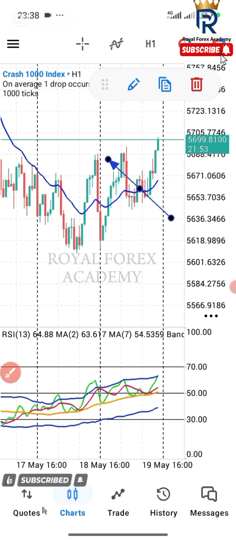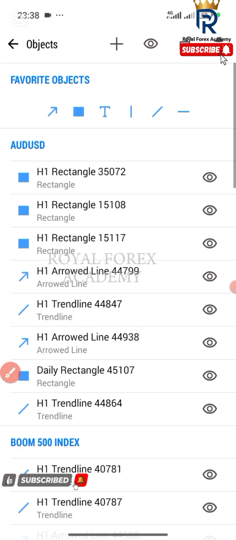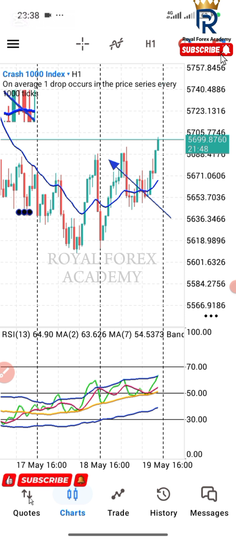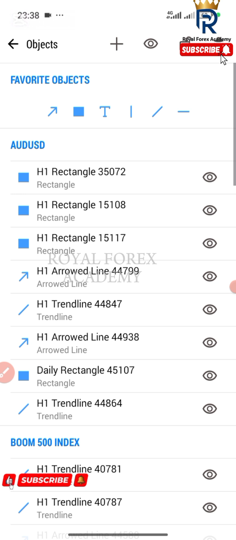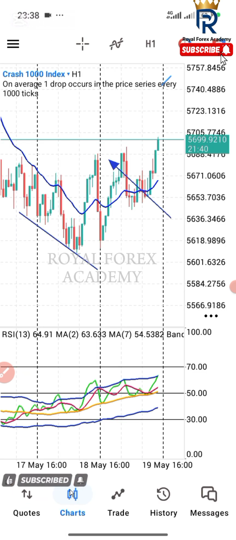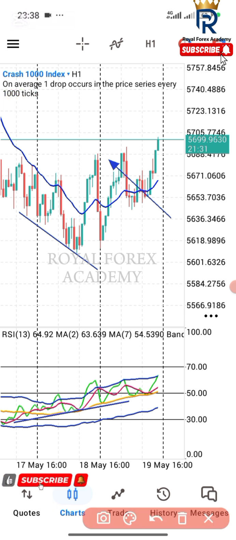So if I am to connect my trend line, it will be looking something in this form. Do you see that? But if I am to connect those lower lows on my chart, I'll be having something like this. Now, instead of this aligning with the price action, it is doing the opposite, and that is what divergence is all about. So the significance of divergence to trading is that it helps you to know that a particular movement